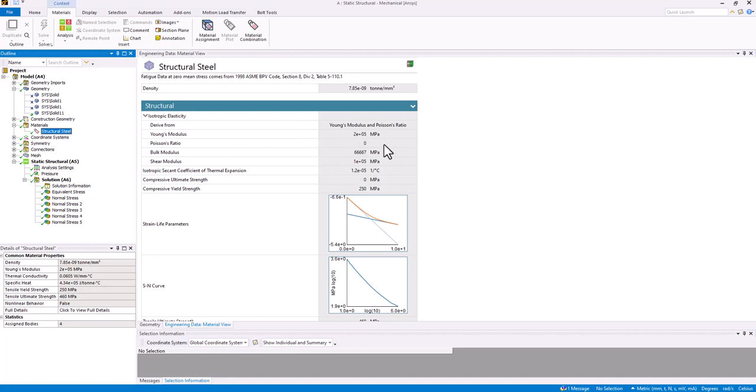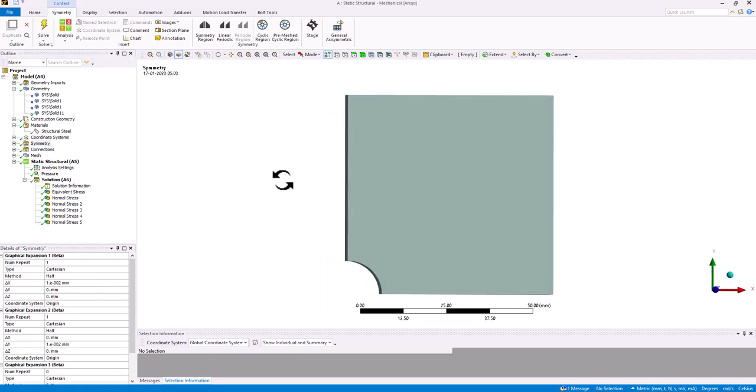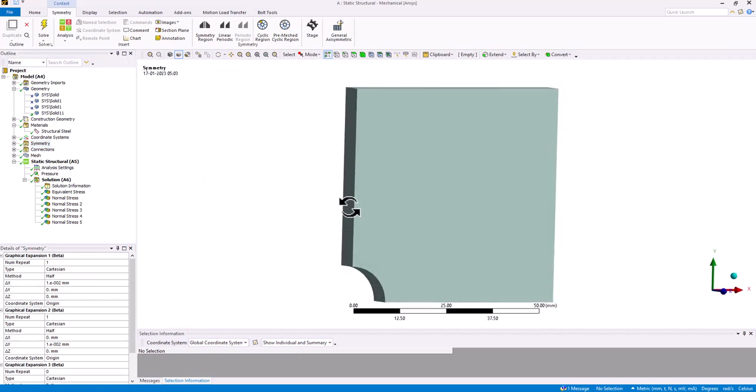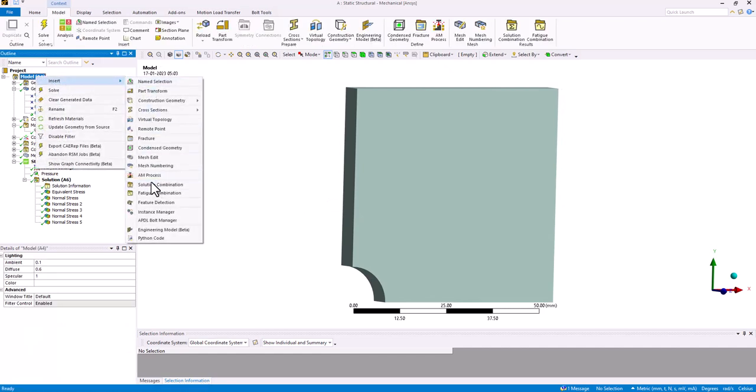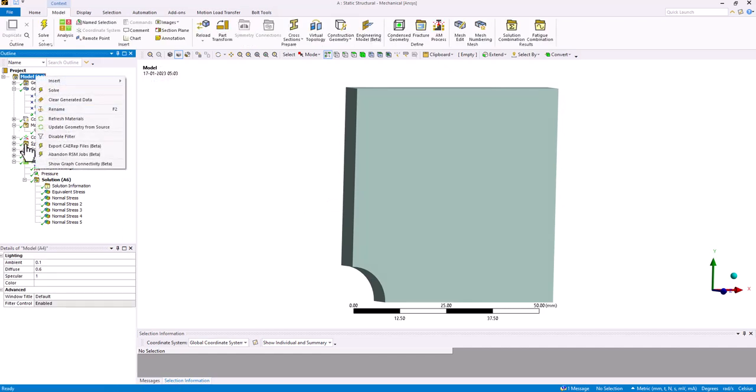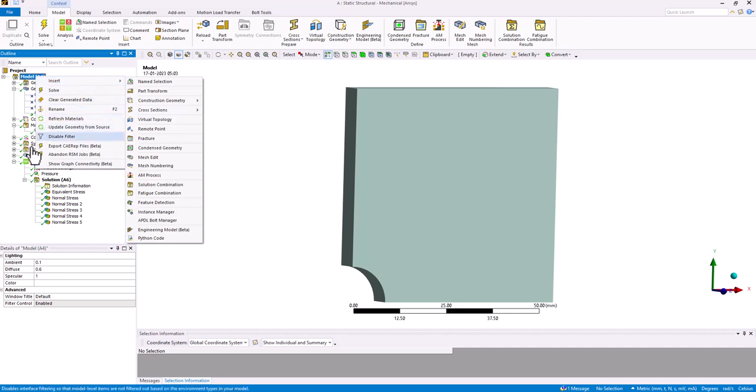And I am using this point because I'm going to do some type of comparison with the analytical expression. So for the time being, I'm ignoring any Poisson's effect for this specific model. Now, as we are only taking the quarter model, we need to define some type of symmetry. So for adding the symmetry, I had already defined the symmetry boundary